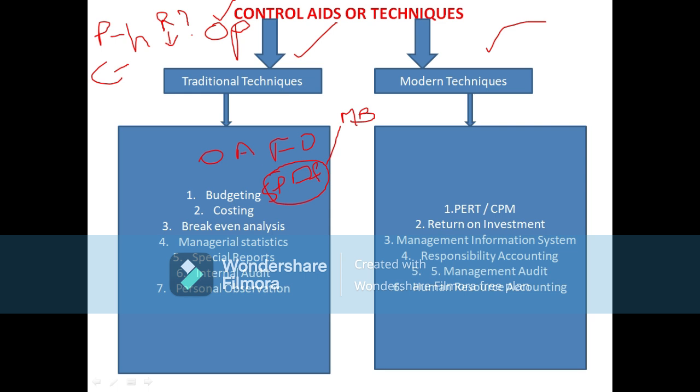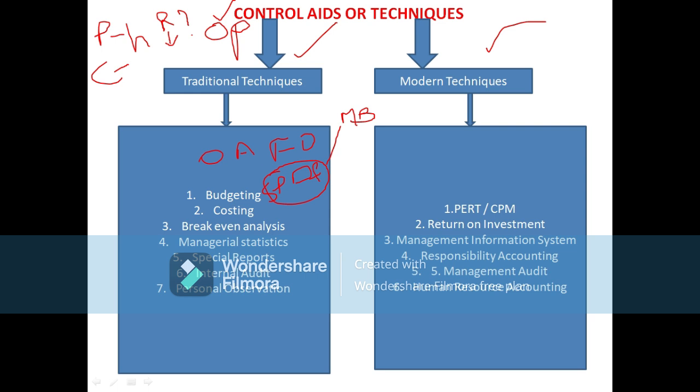Executives are made responsible for the achievement of budget results. If there are any variations analyzed, then corrective actions should be taken in order to ensure that actual performance conforms to budgeted performance. Under the controlling part, we have standards and actuals. Those are compared, and if there are any deviations or variations, those should be corrected.